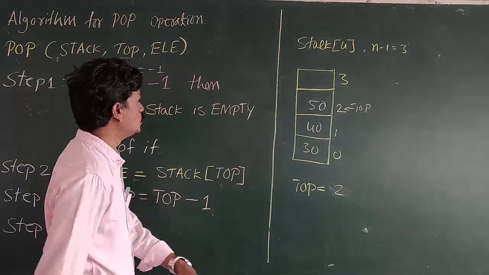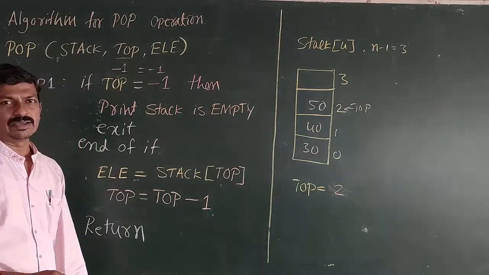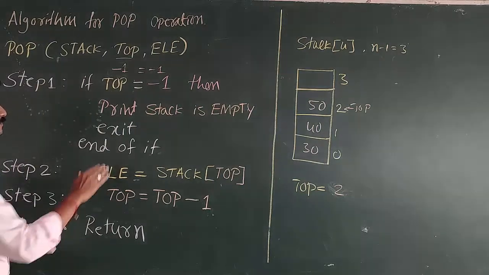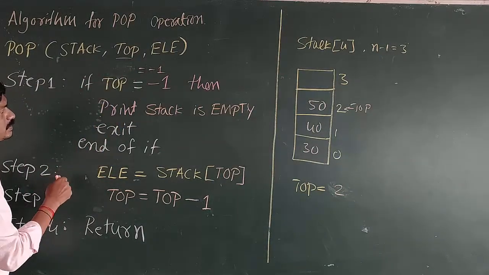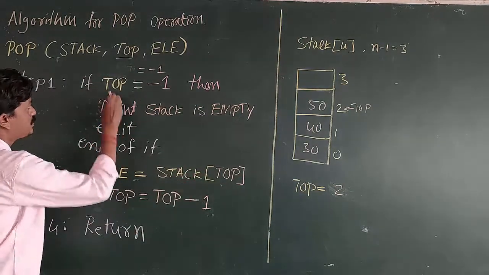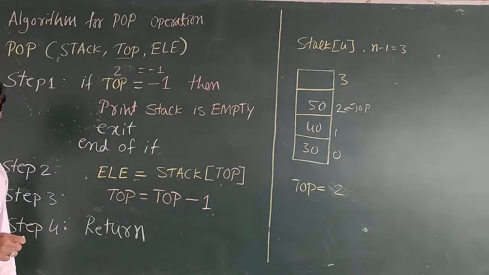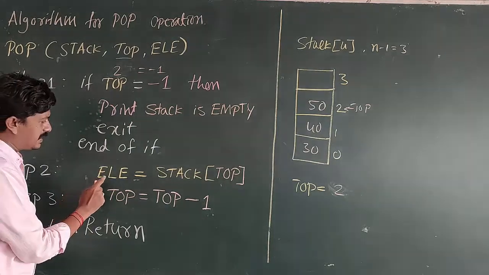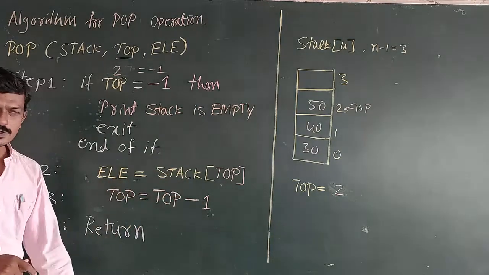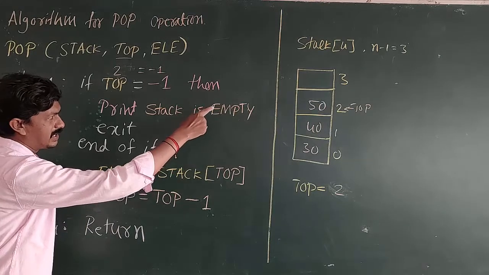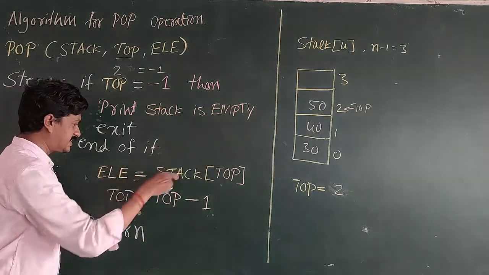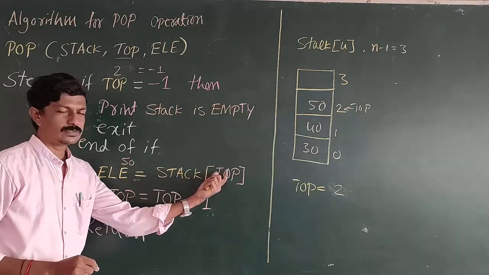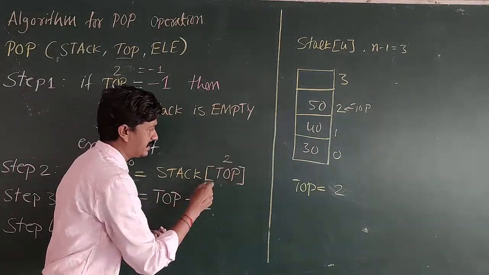Now top equal to 2. Now I try to delete these elements using the pop algorithm. See this one. Now top is 2. 2 is equal to -1? The condition becomes false. If this condition becomes false, come out of the loop. Element equal to stack of top. The element which is at the second index is 50. So 50 is stack of top, the second index, which means